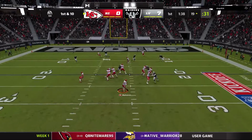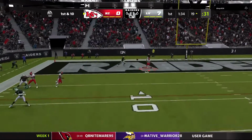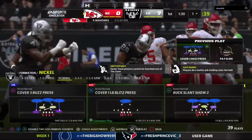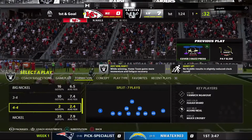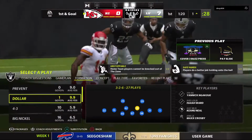Operating from the red zone now, Mahomes. Steps away to his left. Throwing left side, it's complete. And the Chiefs are going to be set up with a 1st and goal on a pass play that moves them all the way down to the 1. This is shaping up to be a really nice-looking drive to get the season underway here. And how long...